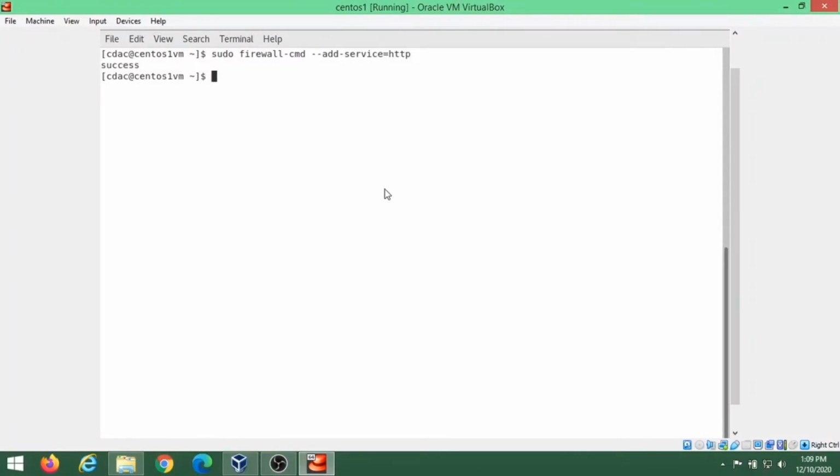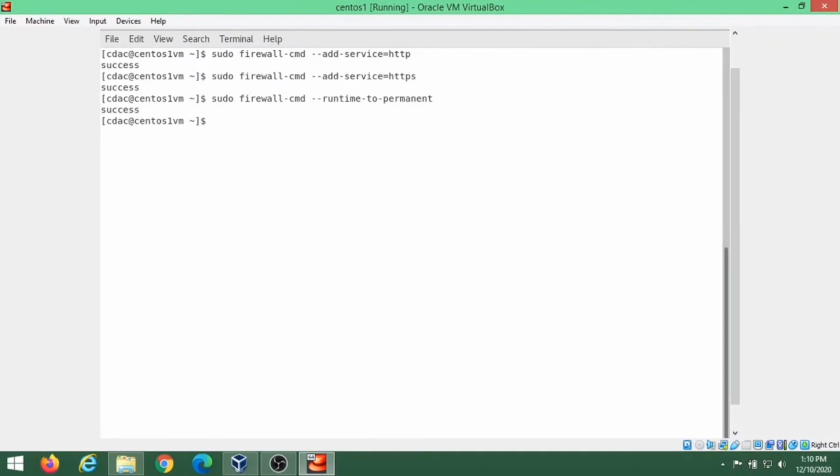It has given us success. Similarly, we will add https with the same command. And next, runtime to permanent. So the rules have been successfully updated.